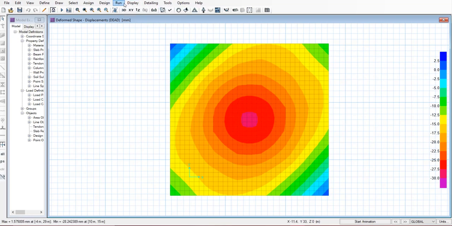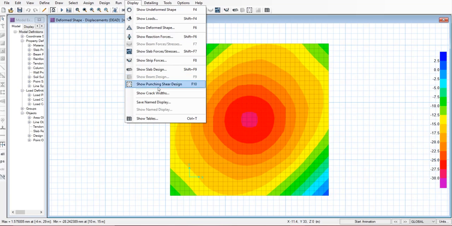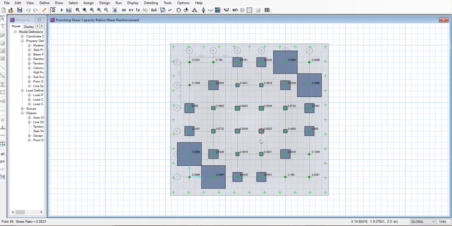Go to display, show punching shear design. Here now you can see that almost all the punching columns are passing in punching shear. So this means that the raft which we have designed is safe.